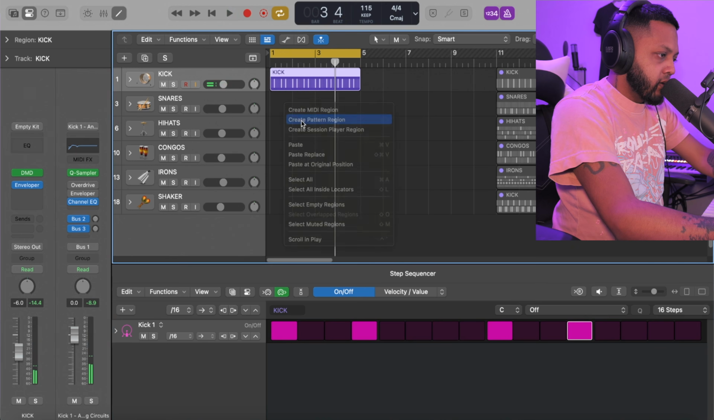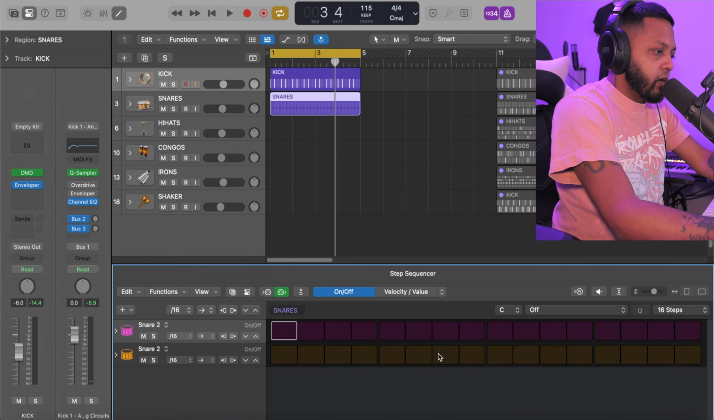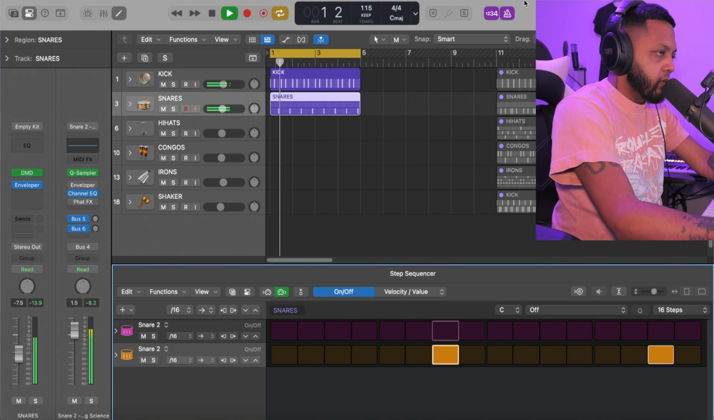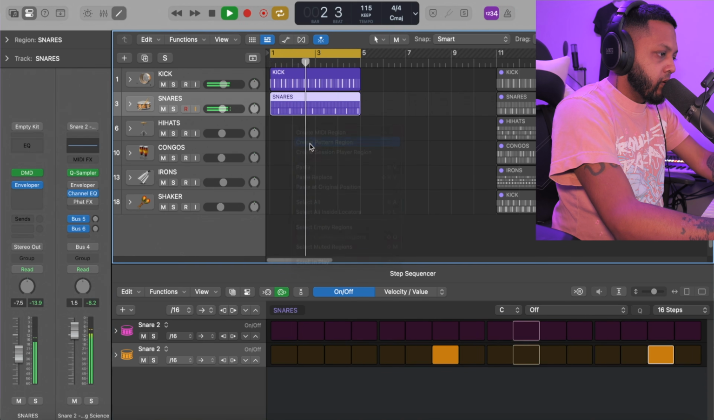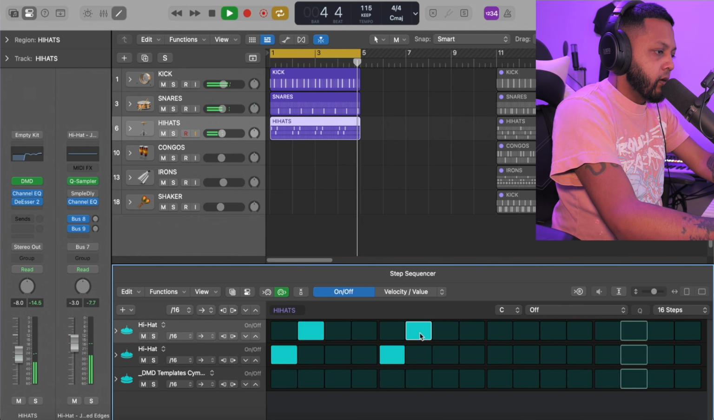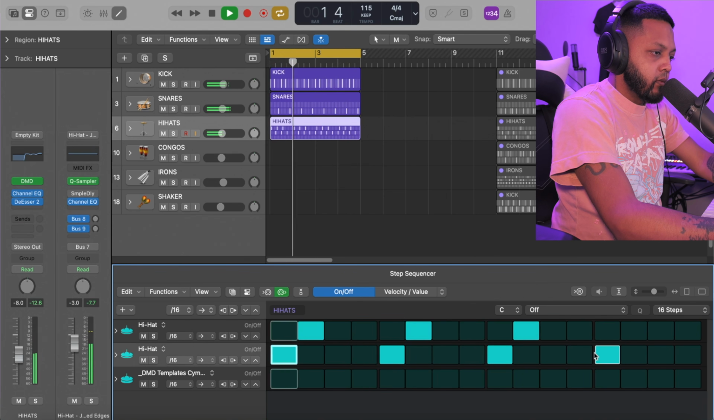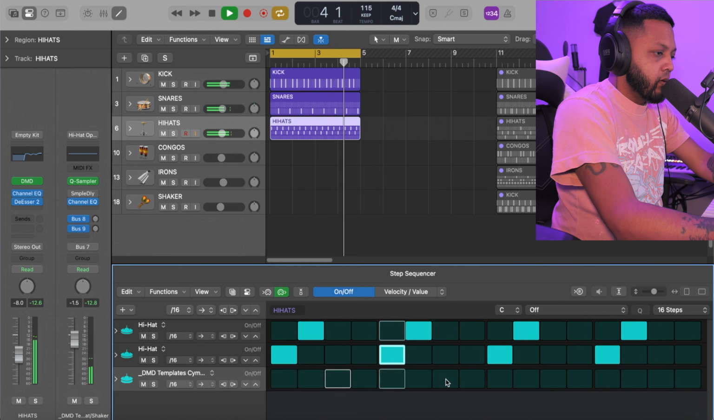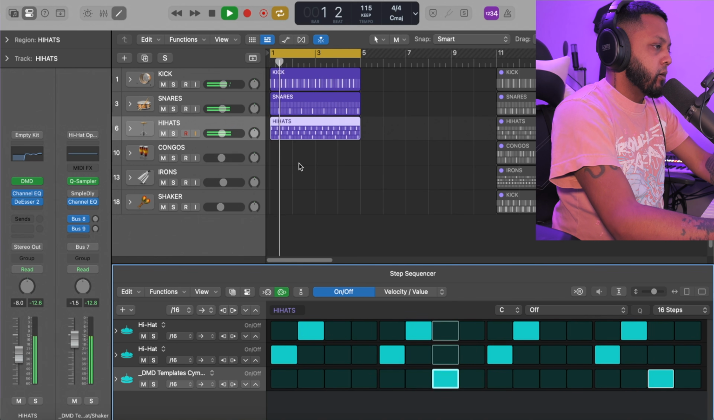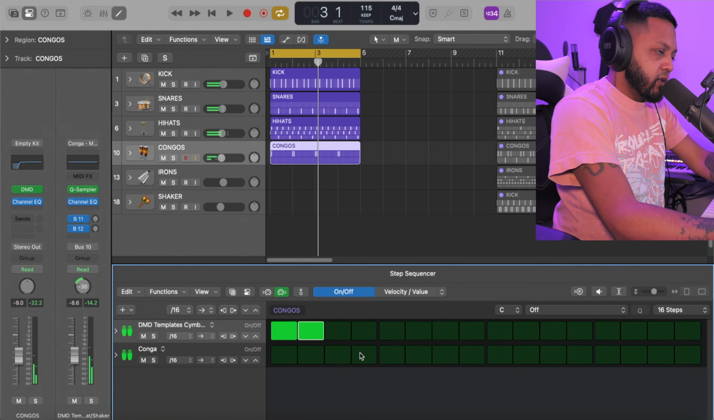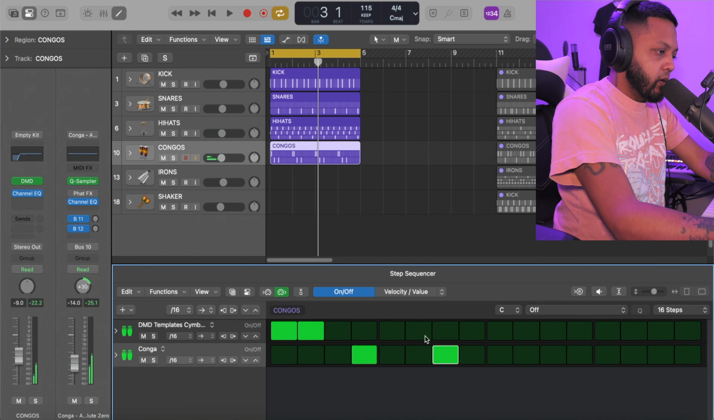Right, and then the snare we're going to do right there. And then the hi-hats we're going to do. Now, this conga pattern is similar to the first one, but we add in more notes here. So